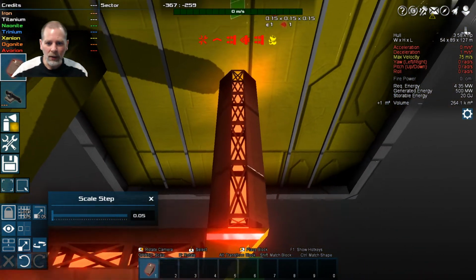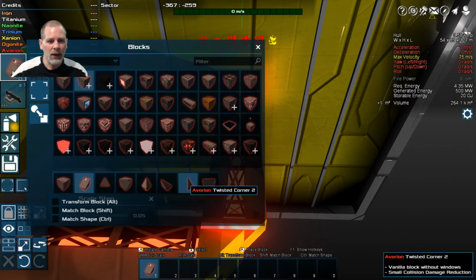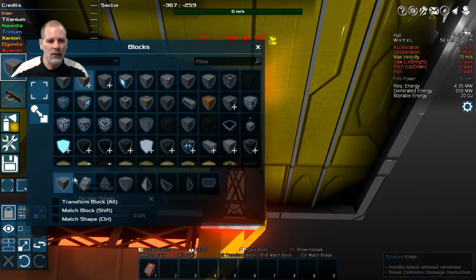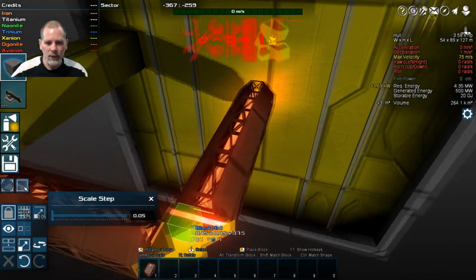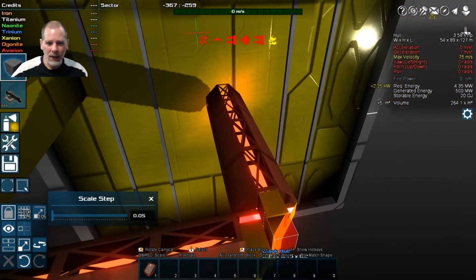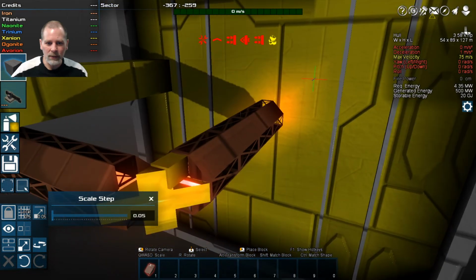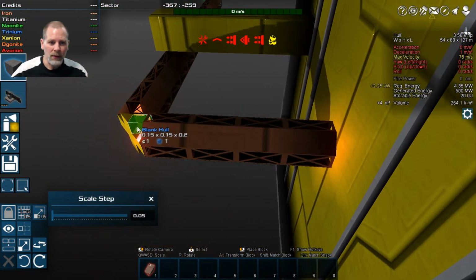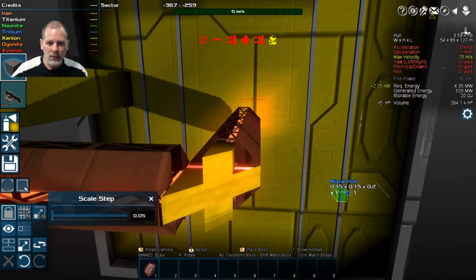And then we can get our little pieces here. Why am I on Avorion now? Interesting. Okay. Not sure where I ended up selecting Avorion, but whatever, right? And we'll go like this. Yeah, I'm not sure that this is going to work very well, is it? Let's try going like this. Oh, and you know what? Those need to be